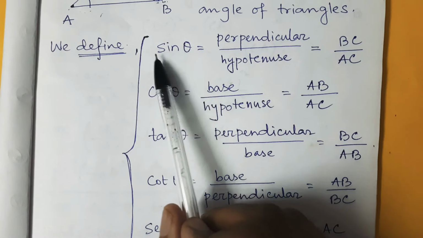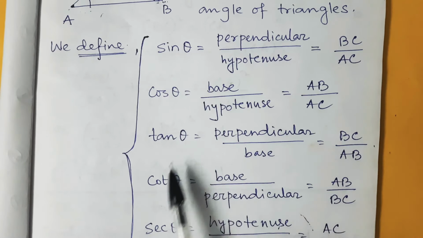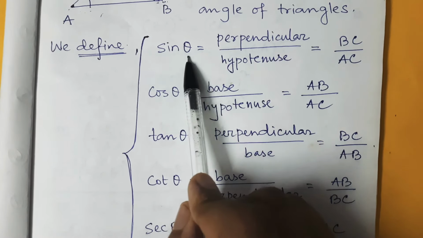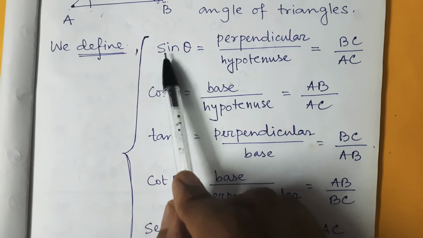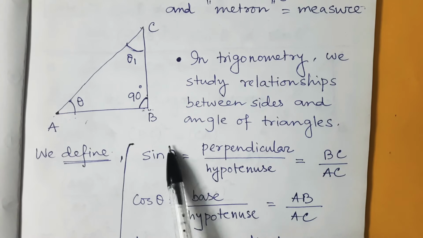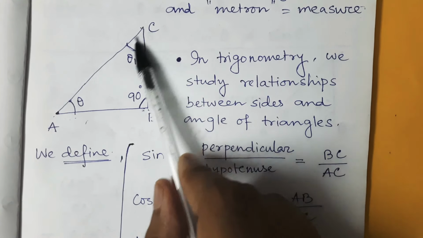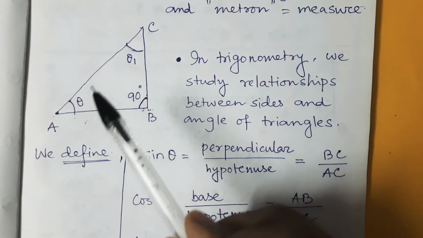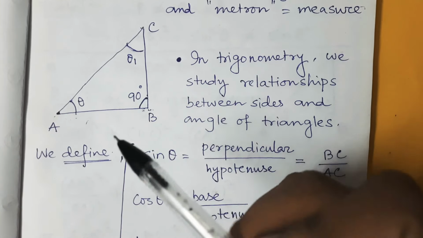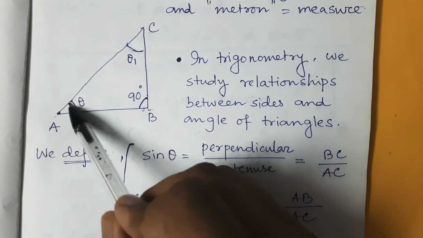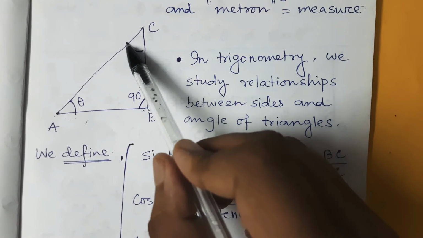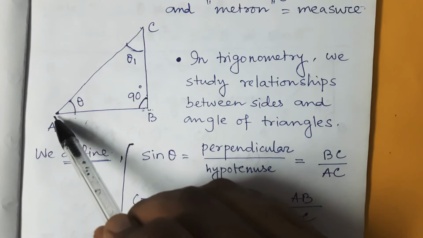Now when we say sin theta or cos theta or tan theta or cot theta, anything, we are considering the angle theta. For example, you just take sin theta. That means we are considering this angle, so theta is an angle. Now come to this triangle. This triangle is ABC, and this angle is theta. Always remember, as I told you before, that if we are considering this angle, then this is the base and this is the perpendicular.